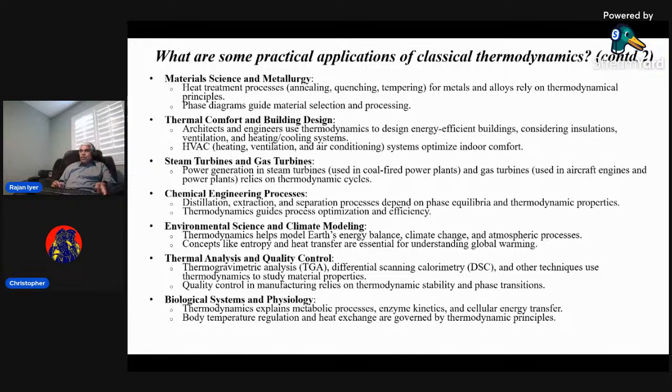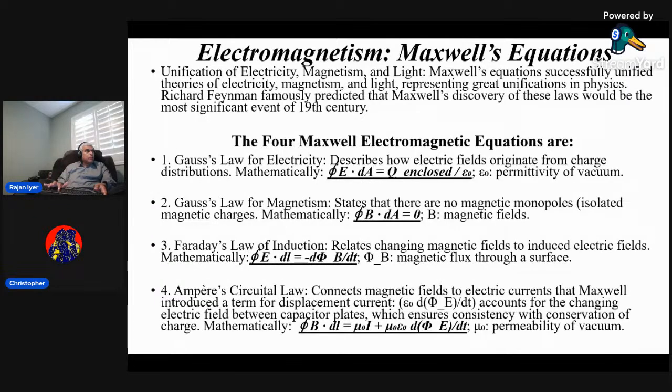So if it's a very cold climate, then we need heaters, things like that. If it's a very hot climate, then we need air conditioning. So they all use thermodynamic principles. Okay, so now we talked very briefly about the history and specific aspects of thermodynamics without going into details about the actual physics or mathematics. But now we move on to the next level of great achievement, development from classical physics.